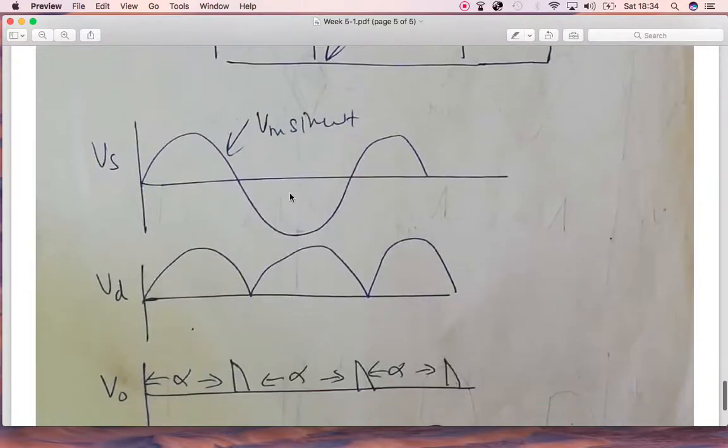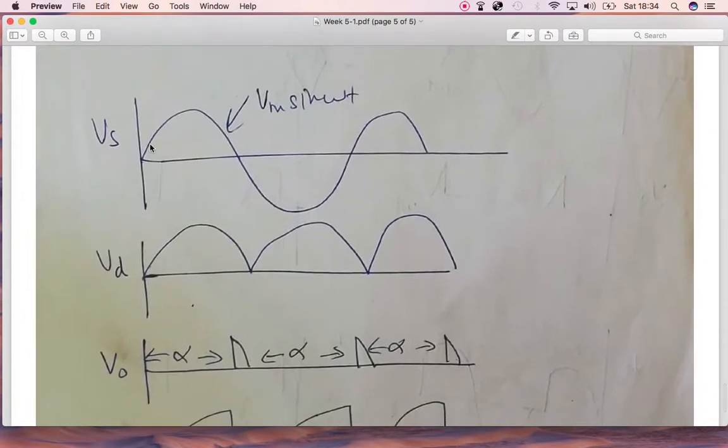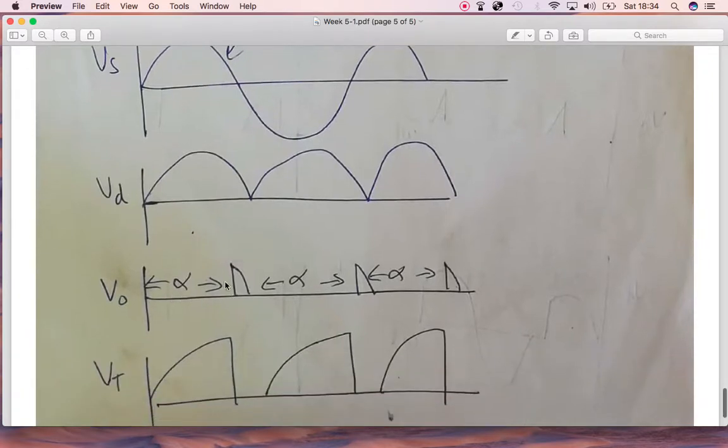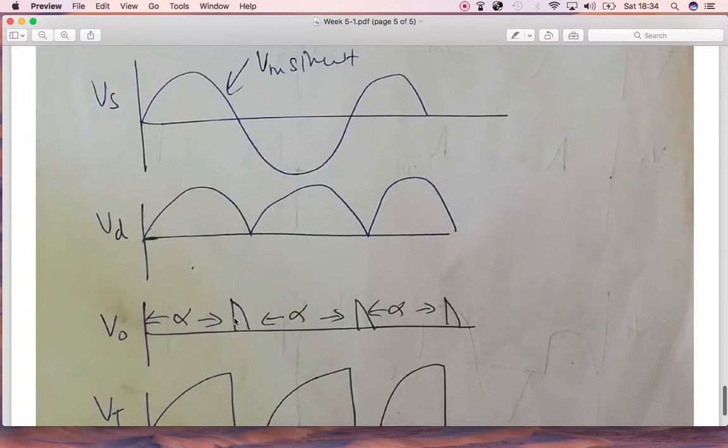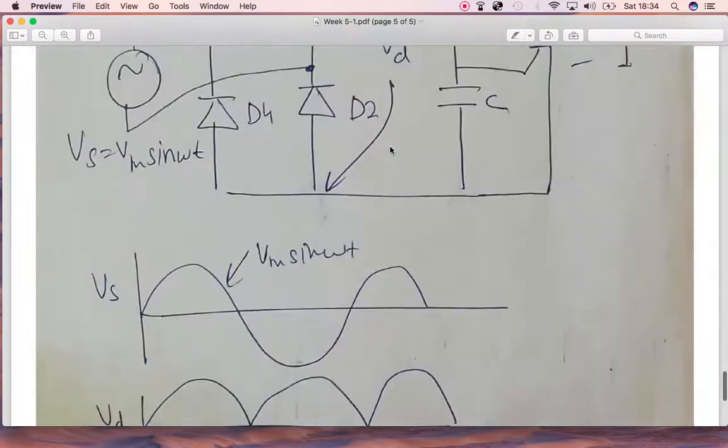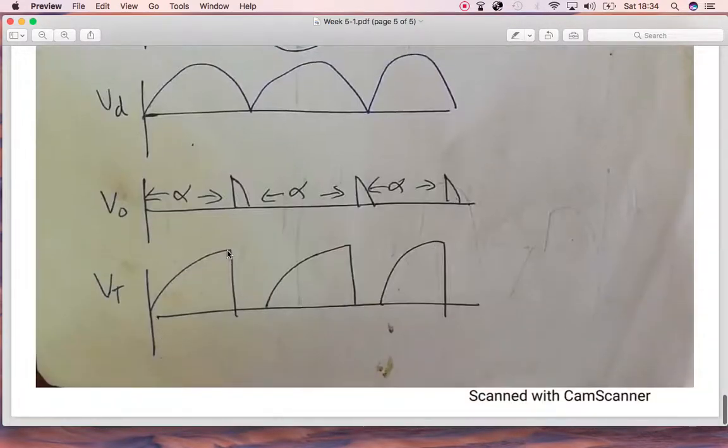This can be seen from these waveforms, in which we have the supply voltage, and then the firing angles, and then when the SCR was on, all the voltage across the supply will appear across the load over here. And for the off times of the SCR, the voltages will be appearing across it in such a way.